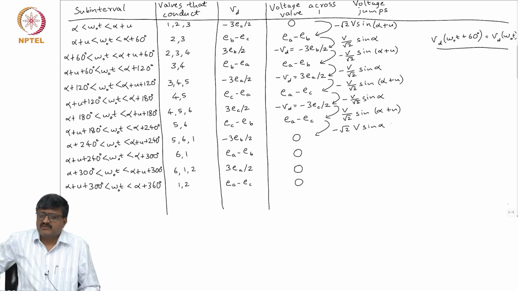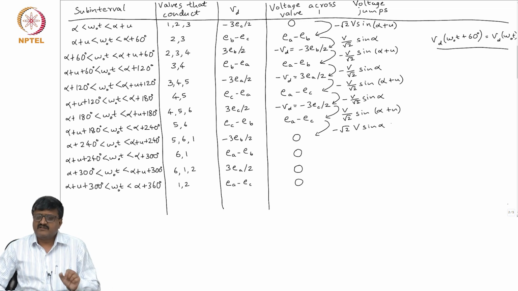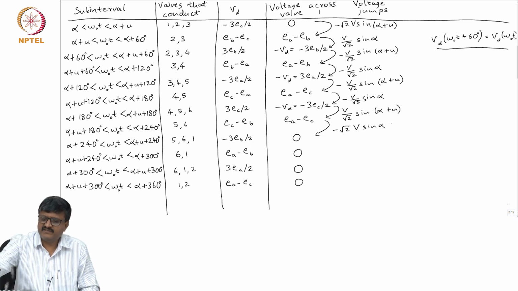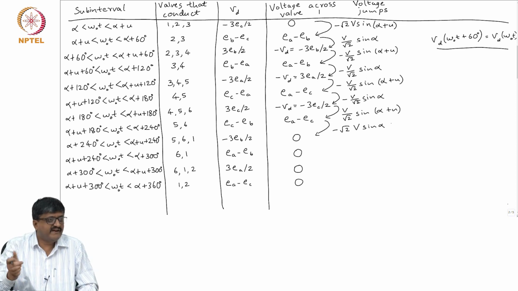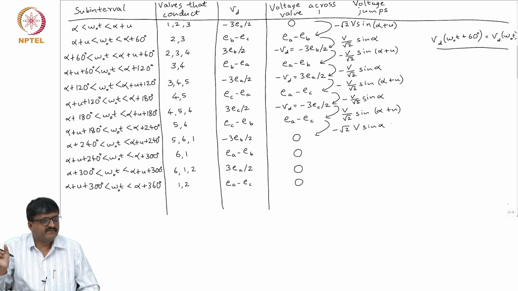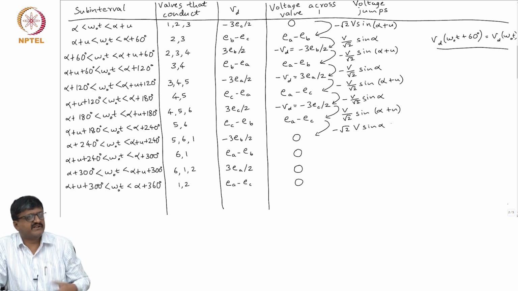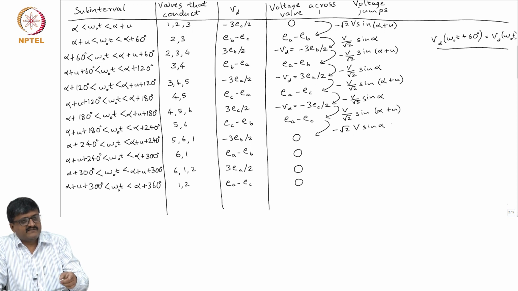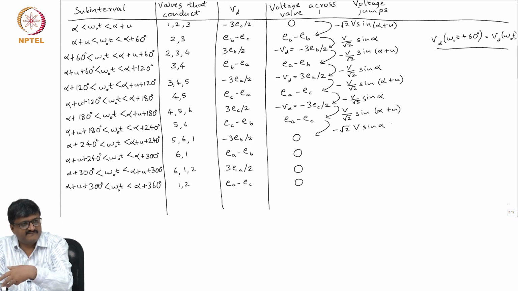So, we have got the expressions for the voltage jumps. The idea is that the rate of change is actually not infinity. The rate of change is nothing but the entries in the last column, the voltage jumps, divided by the switching time, the time taken to go from on state to off state or off state to on state. That is dependent on the device. Based on the value of the time that goes in the denominator, this comes in the numerator. So, do not go by the ideal characteristic of the device, which will give infinite. In practice the rate of change of voltage is not infinite.